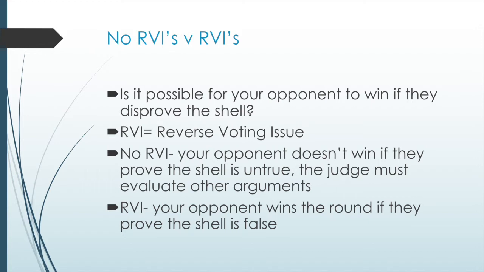So one of the answers to this question is no RVIs. There's no way that you can win the round for proving that the shell is false. The judge has to look at other arguments. So if my opponent wins that they were not abusive, that doesn't mean they win. It just means that now you get to look to the case itself, the content of the case, and evaluate the debate there. Whereas yes RVIs, the other side of this debate, says that if your opponent proves that it's not abusive,